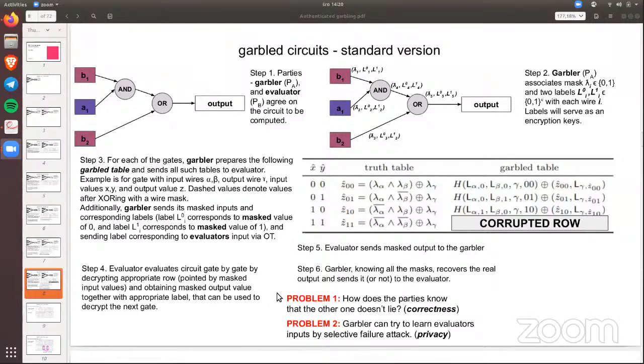So this was not touched in the paper, but my answer would be, and I think it's correct, I'm not sure, is that the garbler can prepare the circuit in such a way that only some very specific subset of all the bit strings